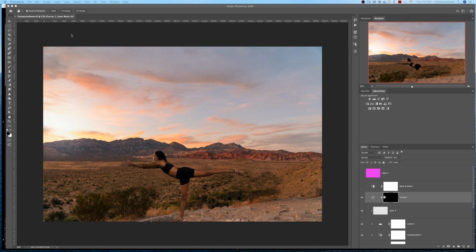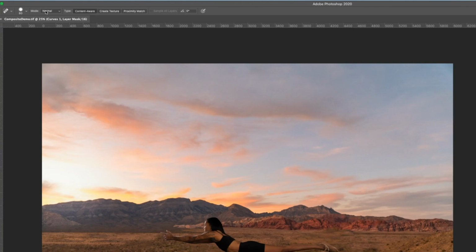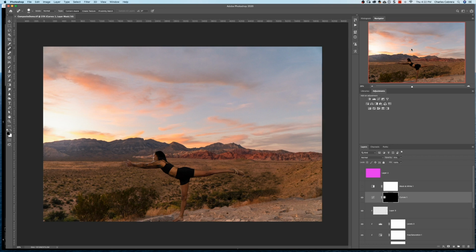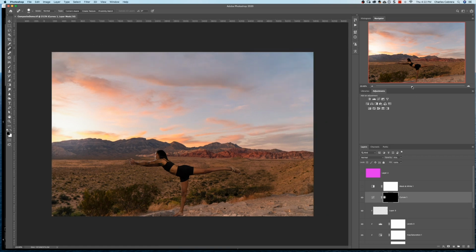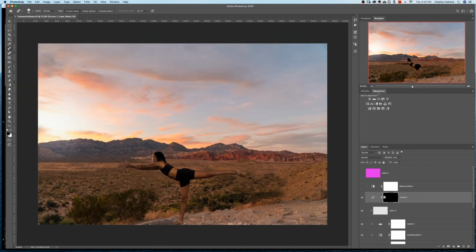So here's the Photoshop interface. On your left-hand side is all your tools, and you can customize this toolbar here to add or remove tools as you see fit. And as you click on any of the tools, there's a menu at the top with other features of that tool. And on the right-hand side, you have a view of the image. You can adjust this view. You have all your adjustment layers right here.